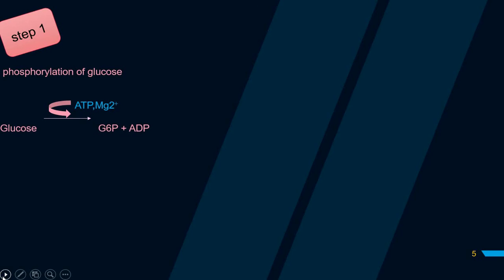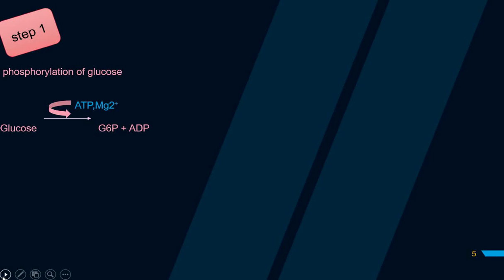First step is about phosphorylation of glucose. As the name indicates, glucose is getting phosphorylated by consuming ATP in presence of magnesium ions and giving glucose 6-phosphate. This reaction is also known as the priming reaction because it is consuming an ATP molecule. ATP molecule produce பண்றது தான் இந்த சைக்கிளோட ultimate aim. But ஆனா இந்த சைக்கிளோட starting la ATP molecule is being consumed.